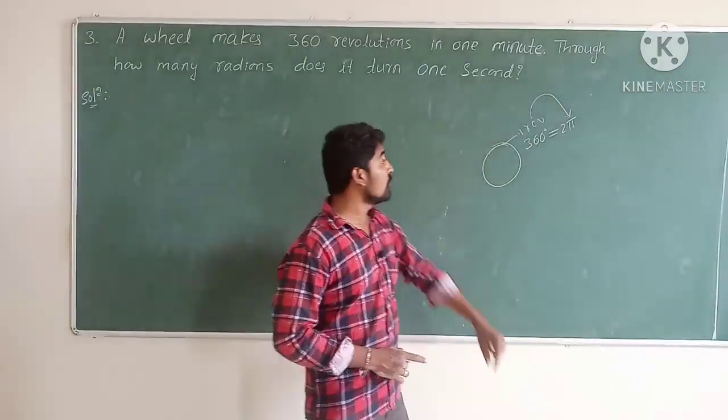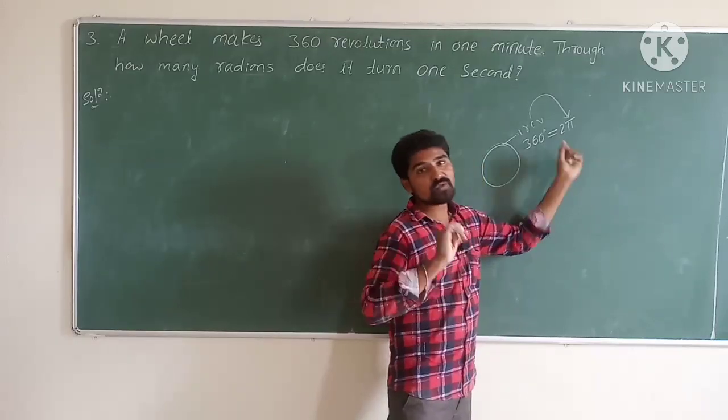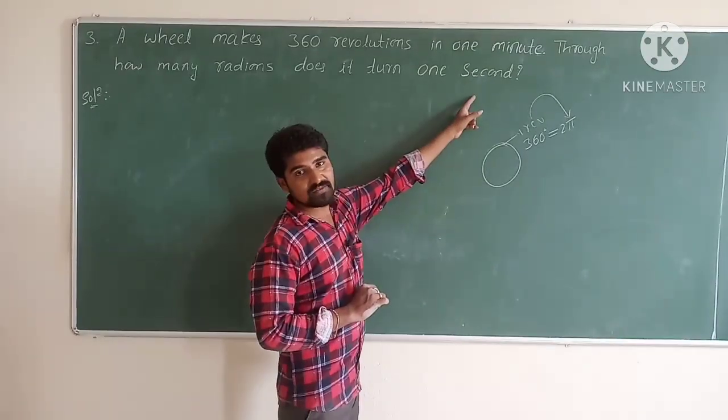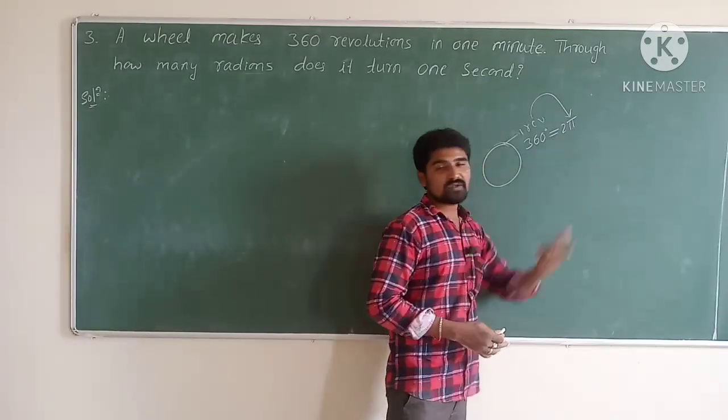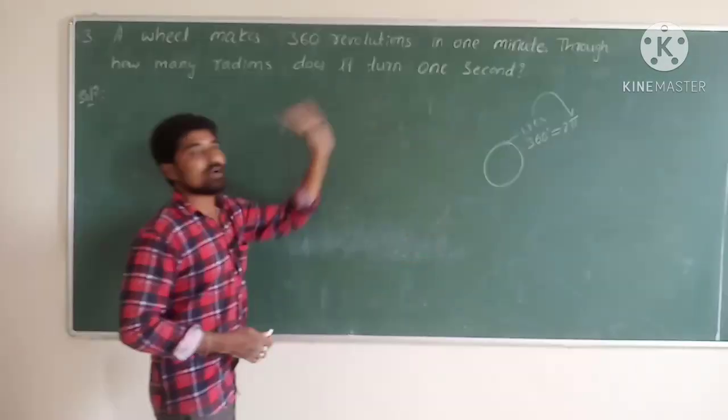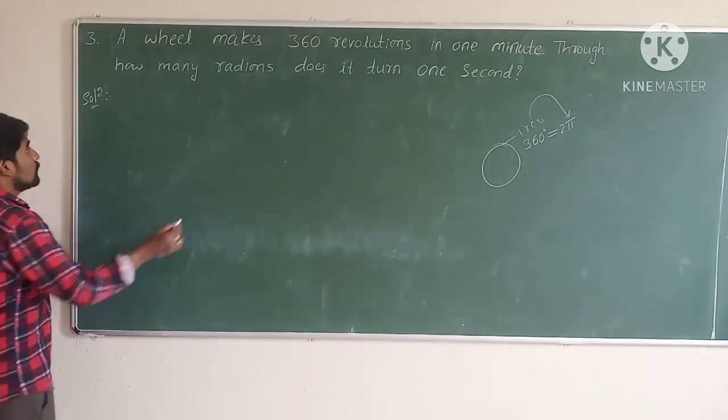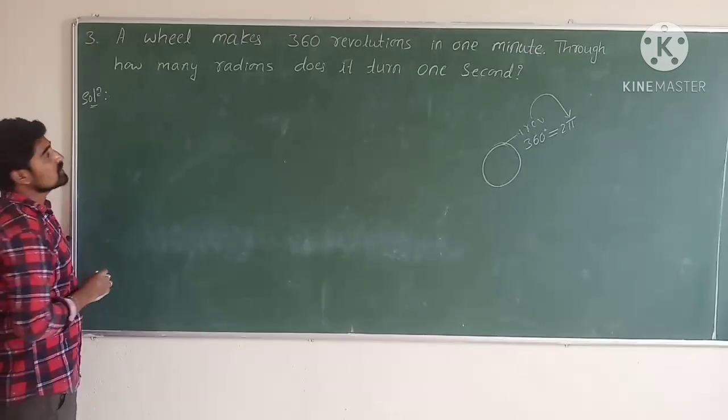Why? Because we know that 1 revolution is equal to 2 pi radians. For example, if in 1 second it made 10 revolutions, then 10 into 2 pi is equal to the required number of radians in 1 second. So I hope all of you understood the concept of the question. So first,